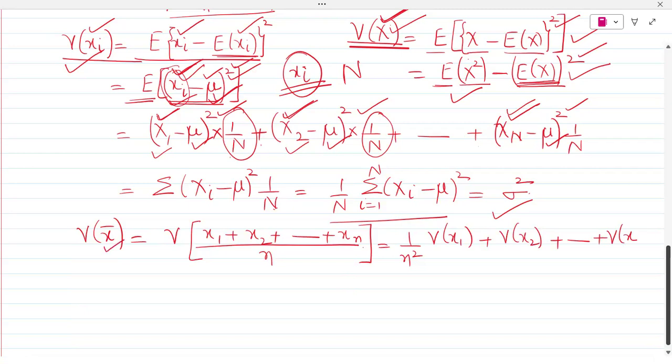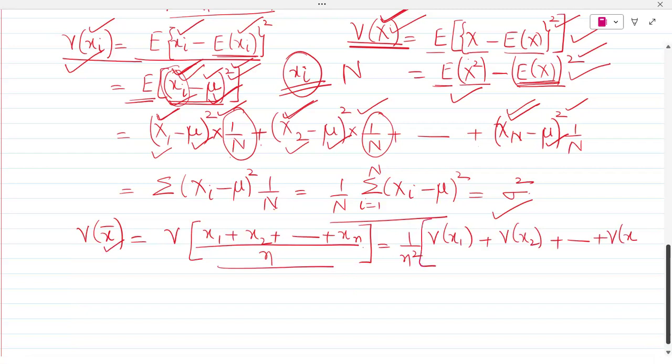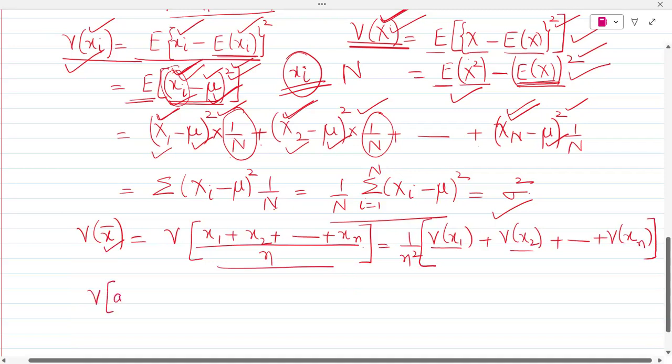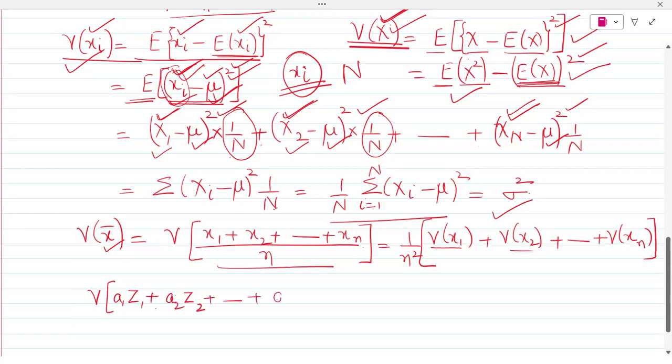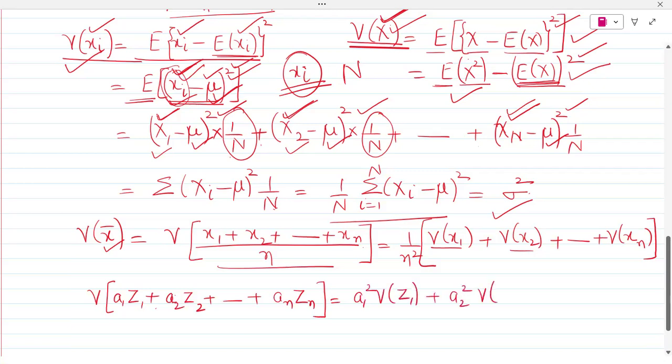Now, the variance of this sample mean. This is actually nothing but this expression, and this is now 1 by n square times variance of x1 plus variance of x2, and so on, up to variance of xn. Why? The variance of a1 z1 plus a2 z2 and going on up to an zn is a1 square variance of z1 plus a2 square into variance of z2, and so on up to an square variance of zn,